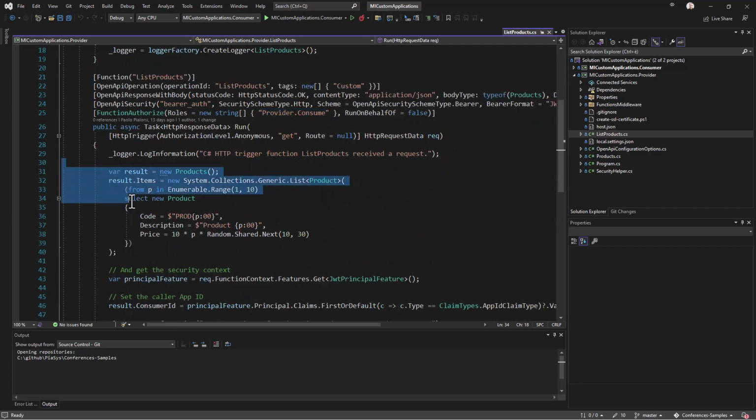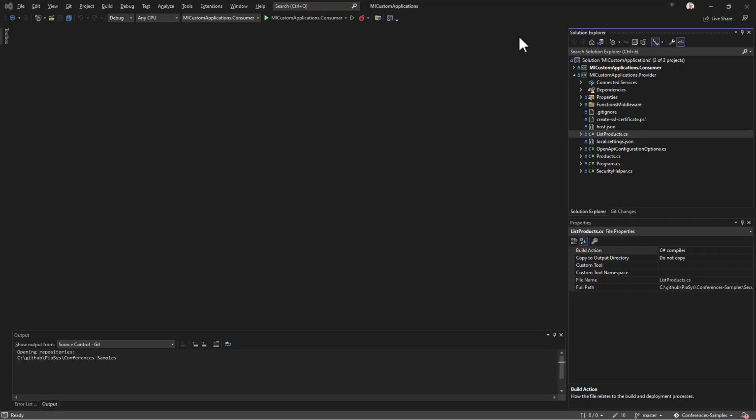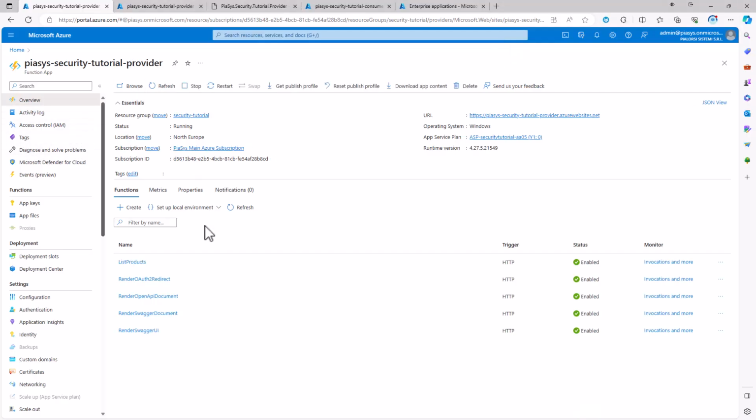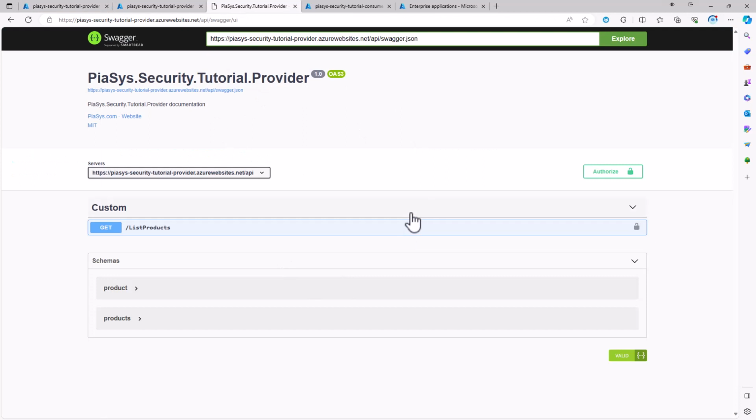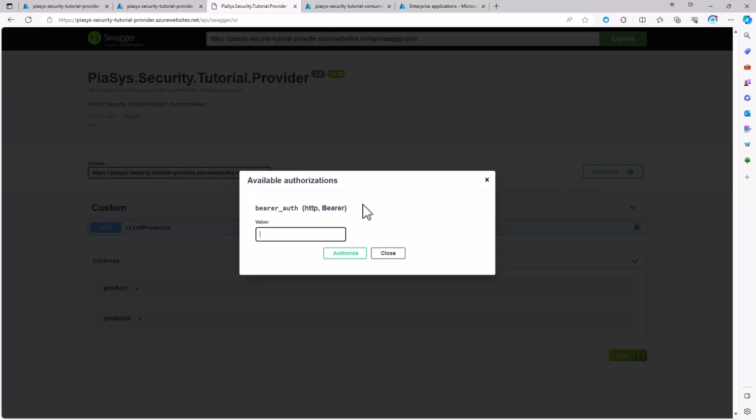And then in the actual body of the function, I simply generate a fake random list of 10 fake products, just for the sake of returning something from my function. Then I have published this function on Azure. Here we have the function app on Azure, which has been configured to have this function, the listProducts function, available, and also to have Swagger in place. In fact, if I go here, this is the Swagger UI generated for my API, and I can see that I have the listProducts, but I also see that I need to get the authorization access token to consume the